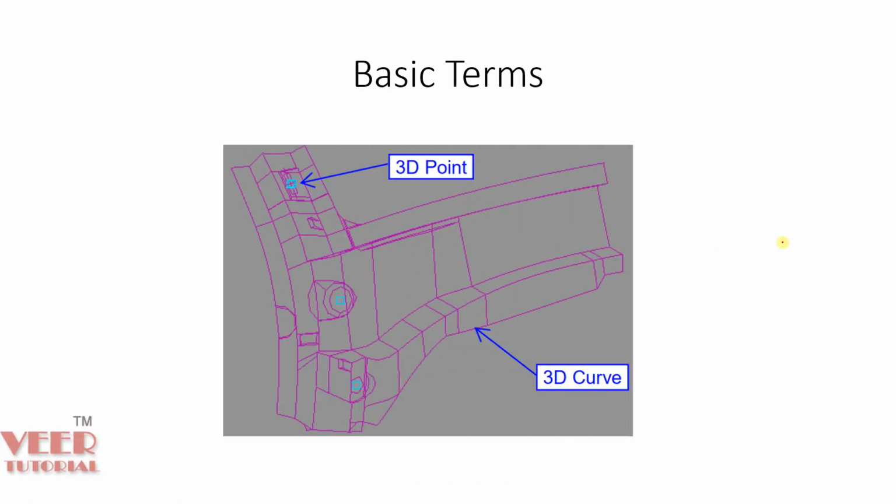Before going into the project work, we need to understand certain terminology in ANSA. Here in this CAD, you are seeing that we have 3D points. Basically, there are multiple 3D points. In ANSA, 3D points are highlighted with a light blue color. You can see a 3D point here, and here. These are just points for reference. Similarly, we have 3D curves. A curve can include a line, curve, circle, etc. In ANSA, these curves are represented by this purple color.